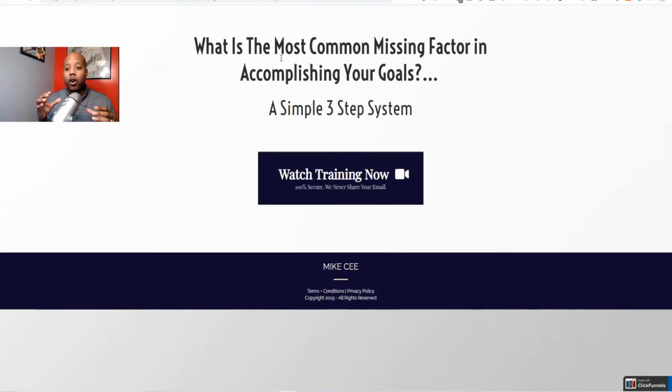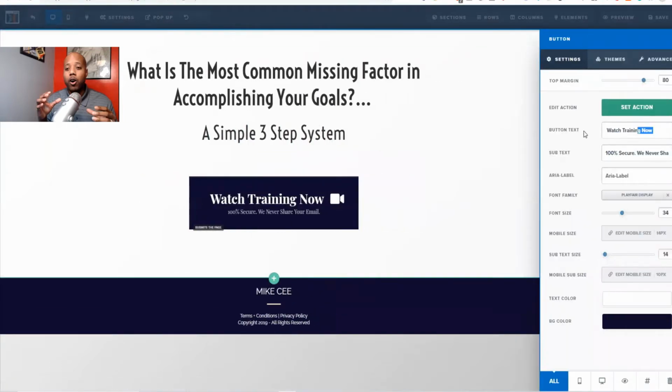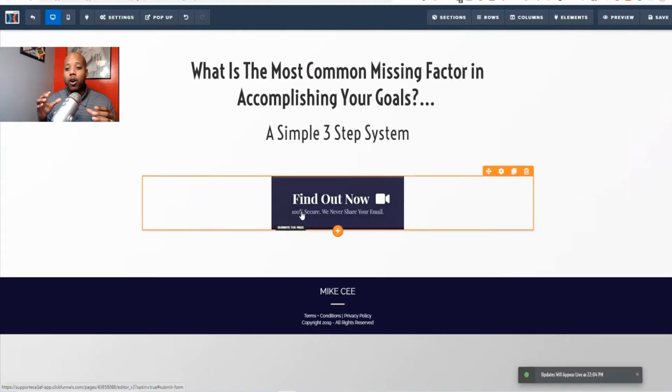So right here it says, what is the most common missing factor in accomplishing your goals? A 3-step system. So I'm actually going to change that wording and I'm going to hit find out. And if you can see down here, guys, 100% secure. We never share your email. So you want to make sure that you put something like that, guys, to assure people that their information is